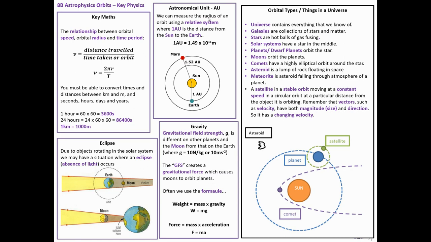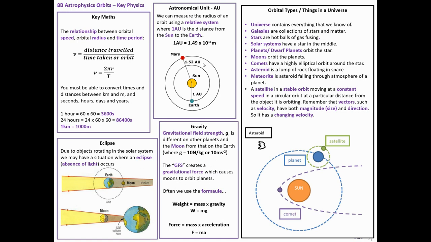We also should know about something called an astronomical unit. They'll often give you a bit of information on this, but the clever part is an astronomical unit is the distance from the Earth to the Sun. So if we think about relative speaking, Mars is further away, so it's 1.52 astronomical units, or 1.52 times 1.49 times 10 to the 11 meters. Clearly the reason is it's a lot easier to deal in AUs than it is in lots and lots of